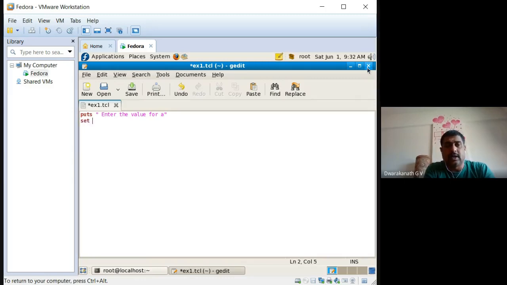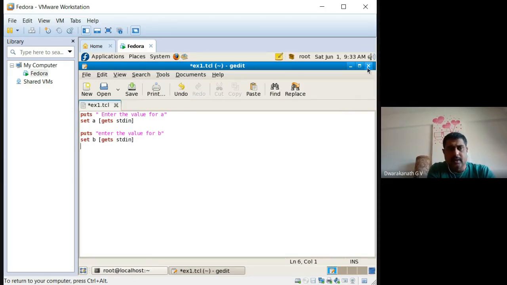For that, set a, within square brackets, gets stdin. So we are getting a value. Next, puts "Enter the value for b", then set b [gets stdin].